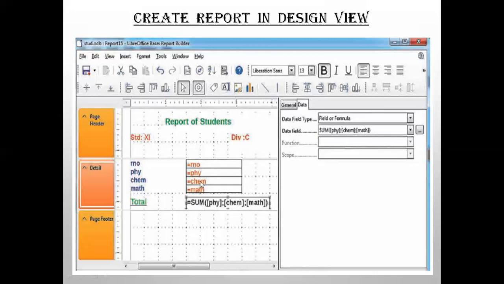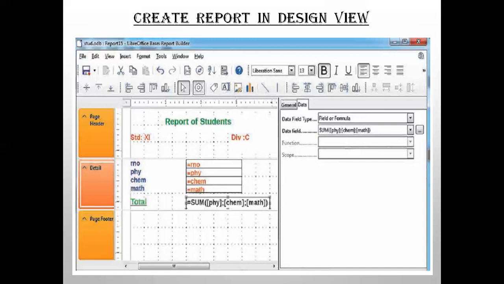Here you are taking data from the table. You are giving the formulas also if you want for calculations. And in the footer section, you can give the date and time, page number of the report, etc., if the report is going multiple pages.